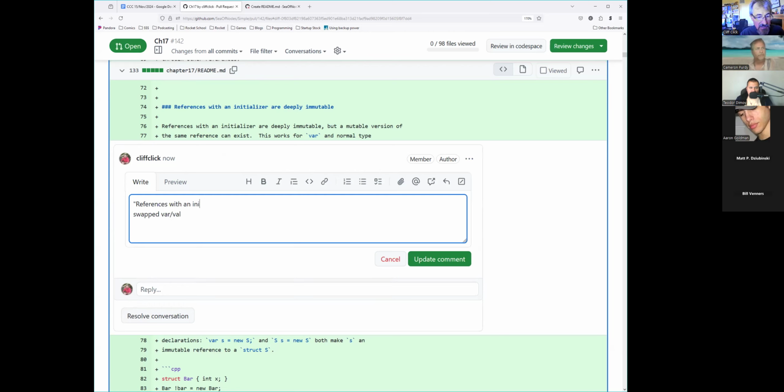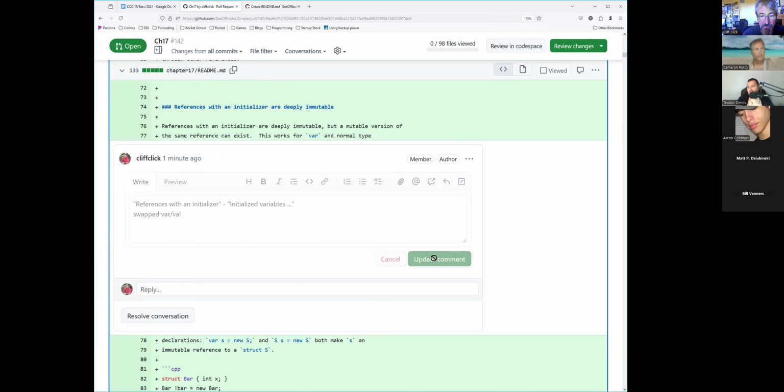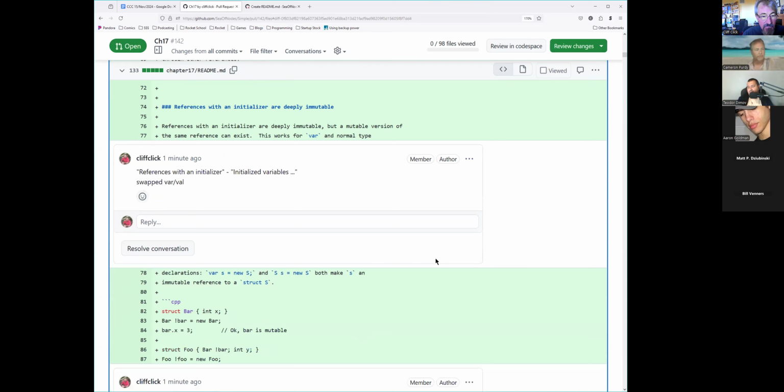References with an initializer. Or initialized variables. Yeah, initialized variables. As a note, you could actually consider calling this binding, depending on whether you assume programming languages background or